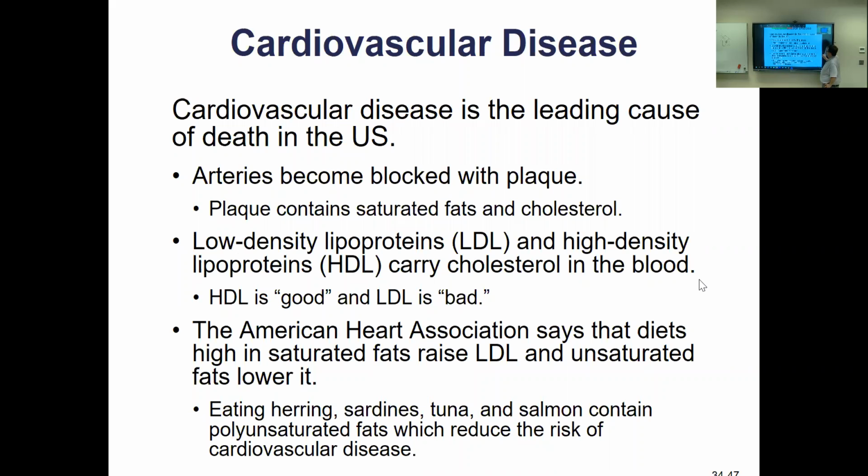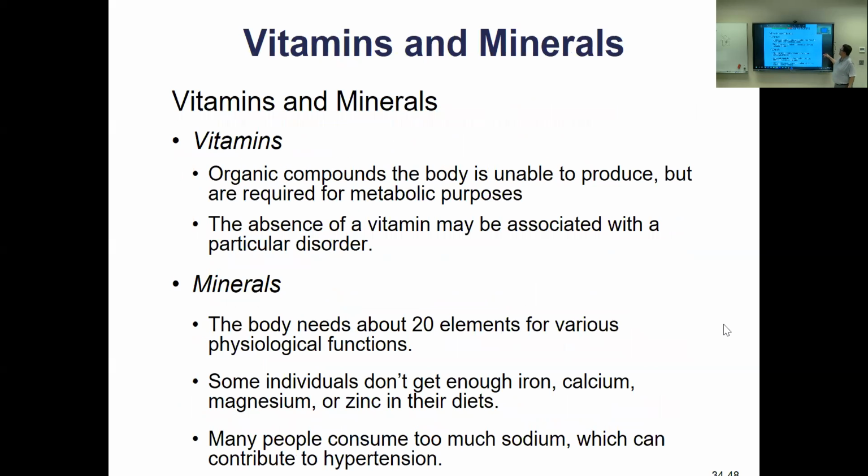And then lipids, fats, cholesterol has been correlated to cardiovascular disease, right? So if you have high LDLs, then you have more blockage in your coronary arteries, and that's going to kill you. The HDL is actually a good one that clears those blood vessels. So you want to eat more sardines, tuna, and salmon that are high in HDL. I didn't know that. Still got 2 minutes.